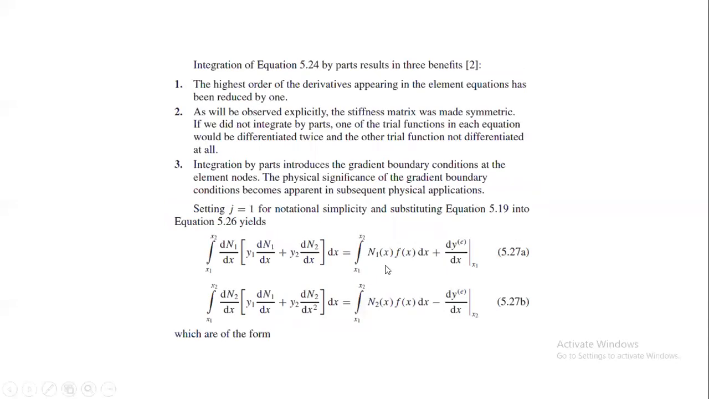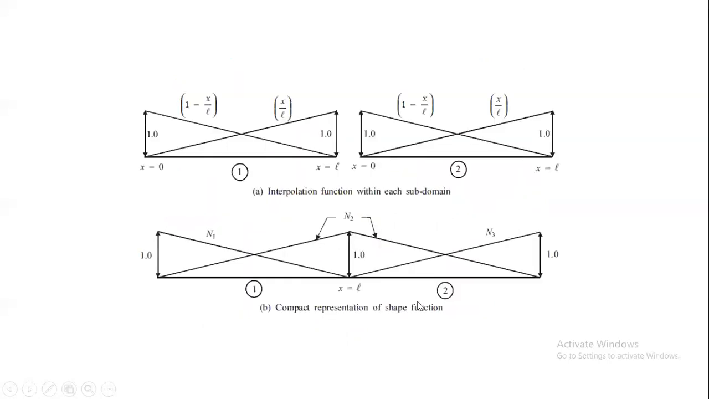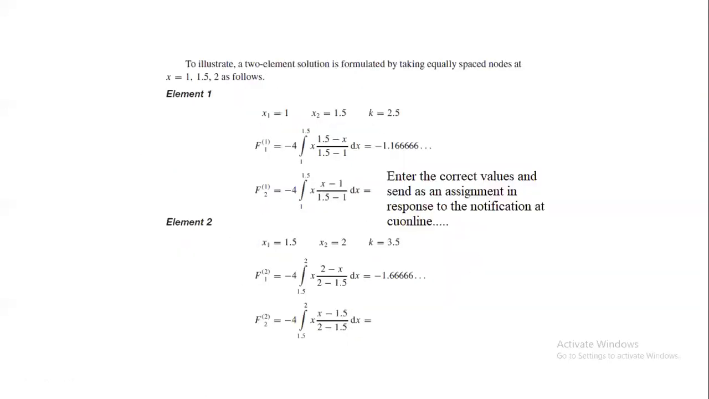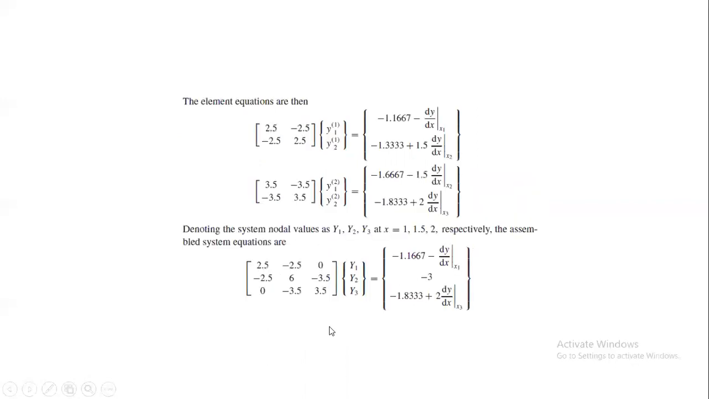We had a multiplication here. Can you see n1 times f of x, n2 times f of x? So now we are working on this part. So here you are getting n1 times f of x, n2 times f of x for the first element, n1 times f of x, n2 times f of x for the second element. The element equations are then written in this form. All right,